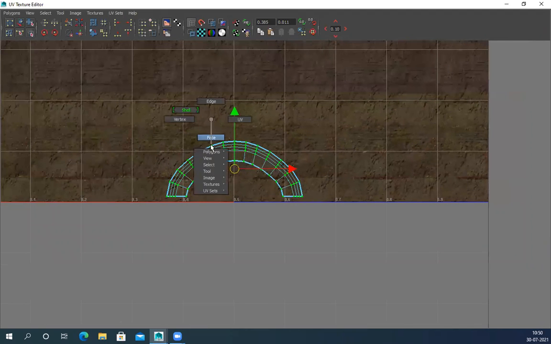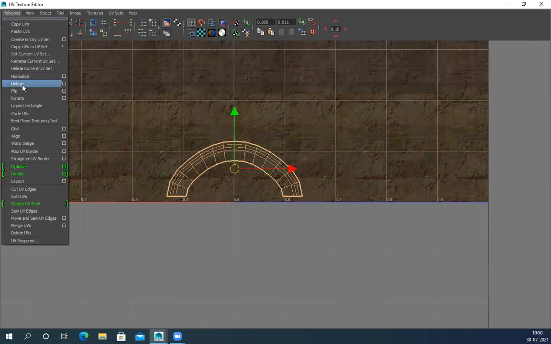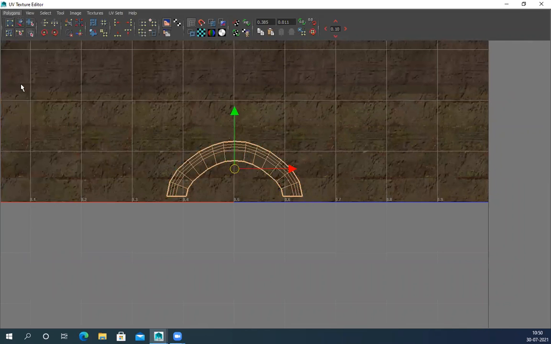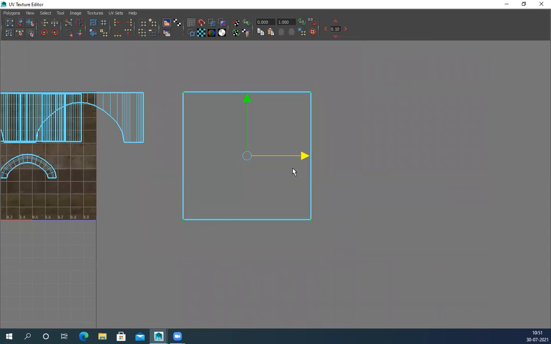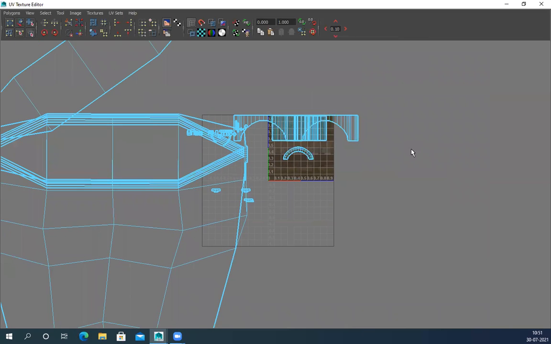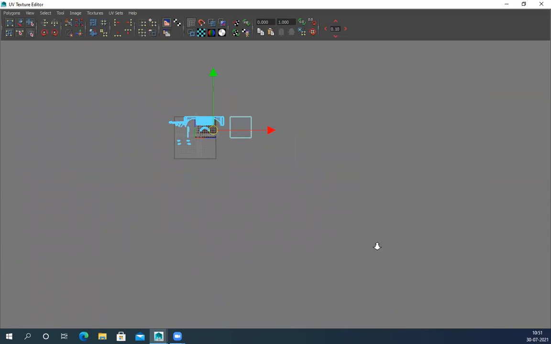Let's see, do I have unitize here? Polygon unitize. There's an option called unitize. If you click this, it will open each and every polygon and snap it to a square. So everything will become square. And then push it outside. Move and sew. Okay.